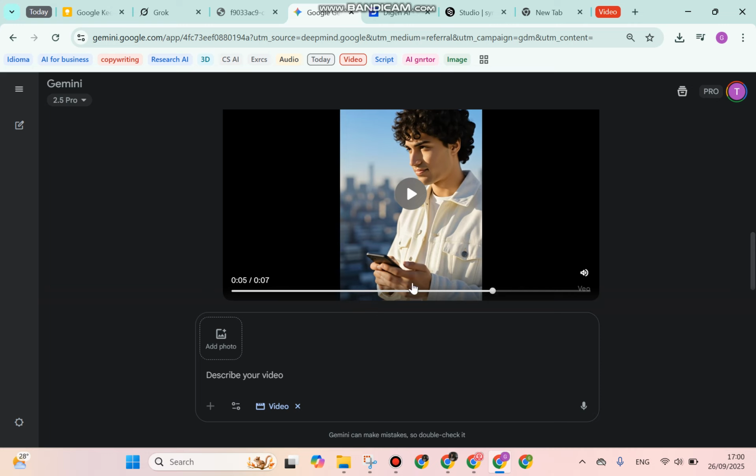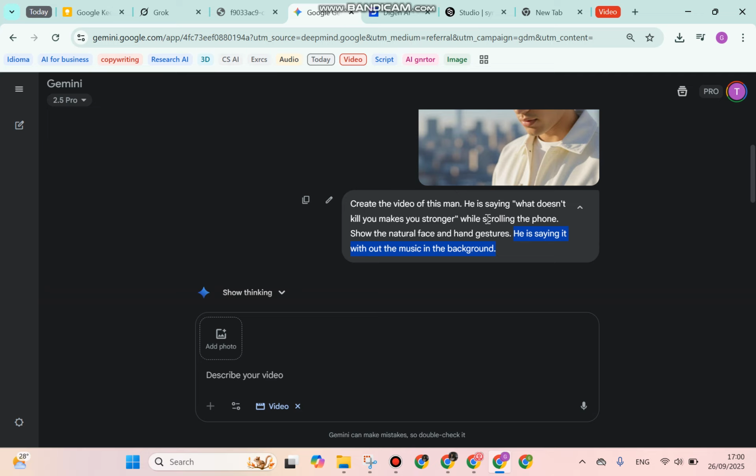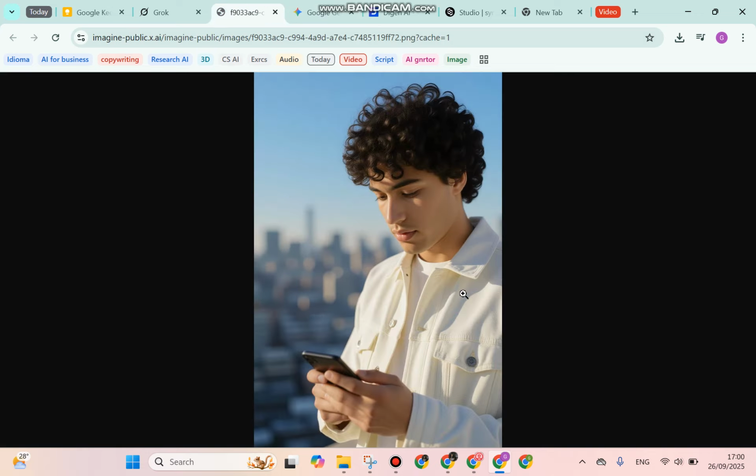So I prefer to add the request like add natural gesture, and always show the full face or the face features like the eyes, nose, and mouth,